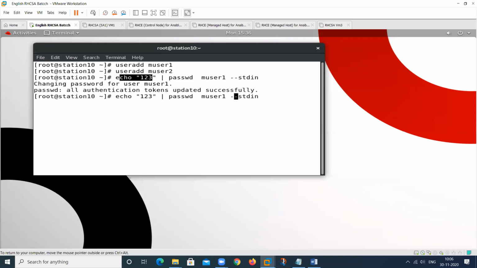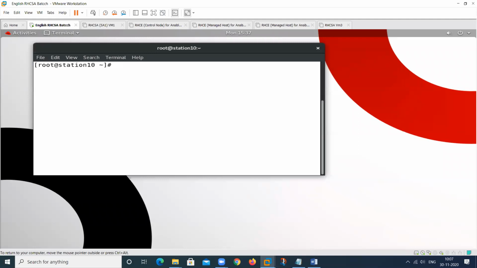Same for the second user. I will provide the password, and I am also creating a group with groupadd.